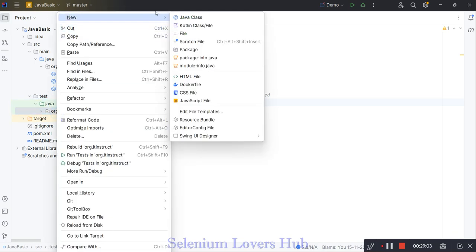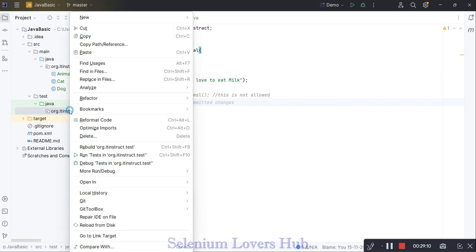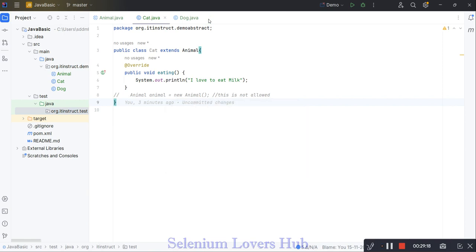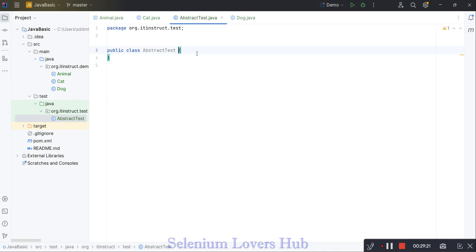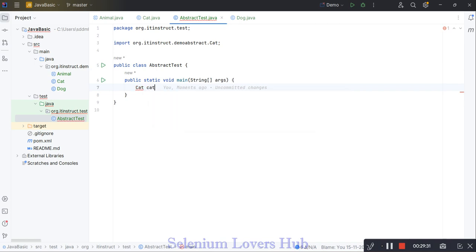Okay. So this is something I have defined there inside my dog class, and in the cat class also I have defined something, right? So now let's see an example of how this works. I'm going to my test method. Here inside of this I'll create one class file, abstract test, and in this abstract test I'm going to use one main method,